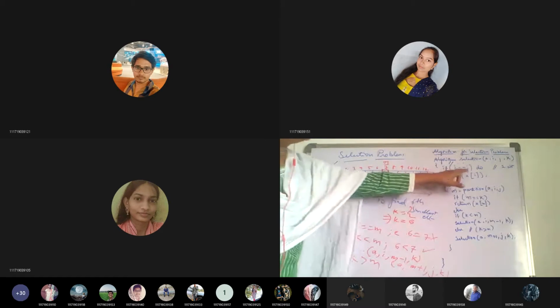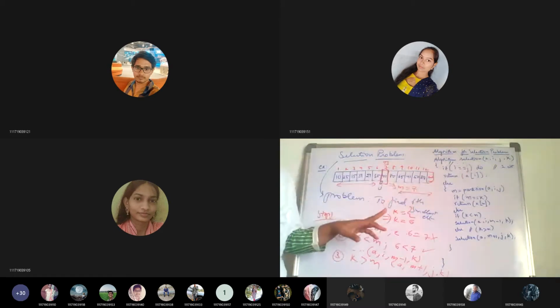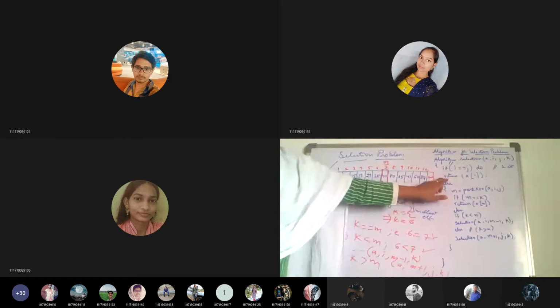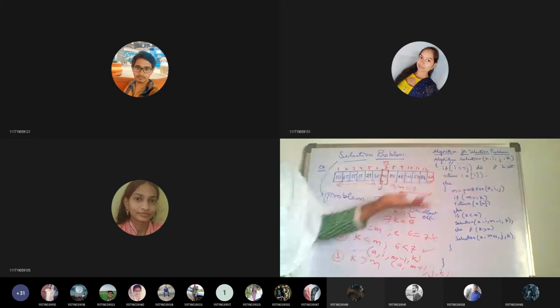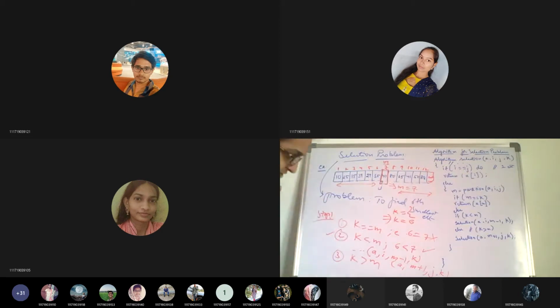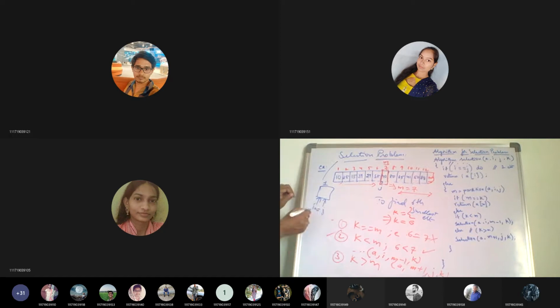Okay, if the low index is equal to the high index, you have only one element, and then you are going to return that value. You can return a of I or a of j. Why? Because I and j are pointing to only one element. When these two are equal, say index 1, this is low and this is high. When I and j are equal, there is only one element.